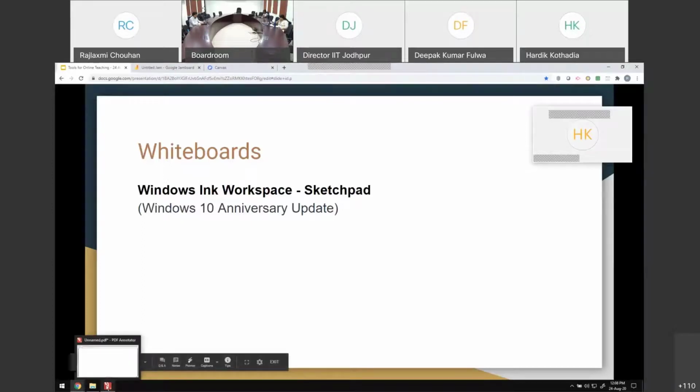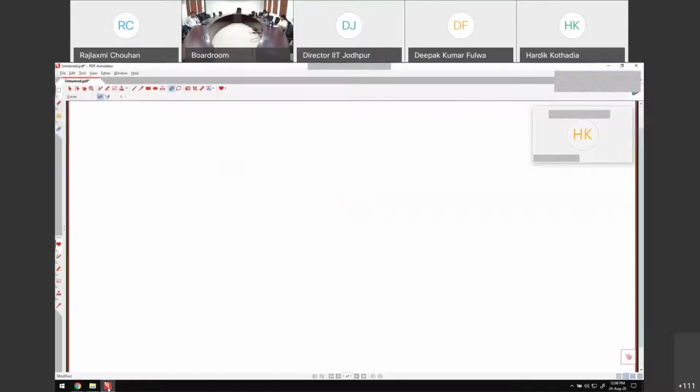By default, as of now, I have been using this software, but ever since I started using PDF Annotator, it has made things very, very simple. I have shared a link to a video that I made during the recap session we had at the end of June, where it is very easy, like Vandana was saying, to write on a PDF. And one very good thing is this PDF Annotator that she just showed.